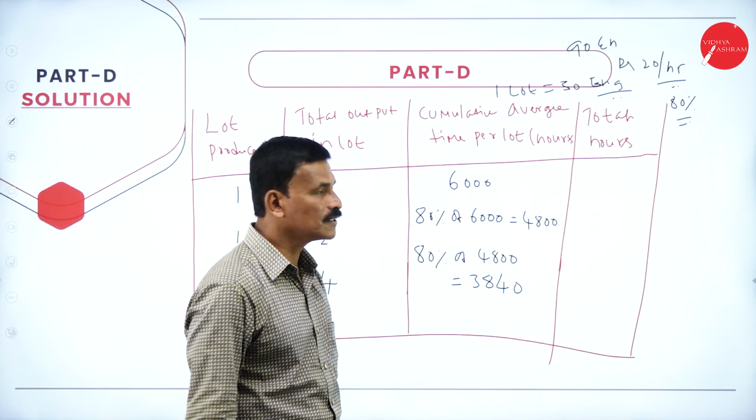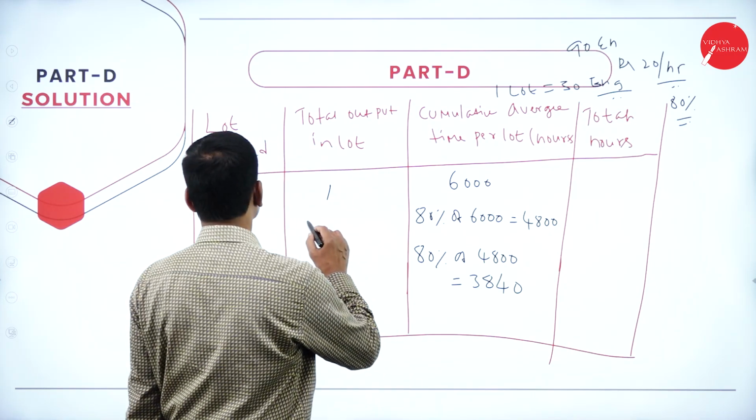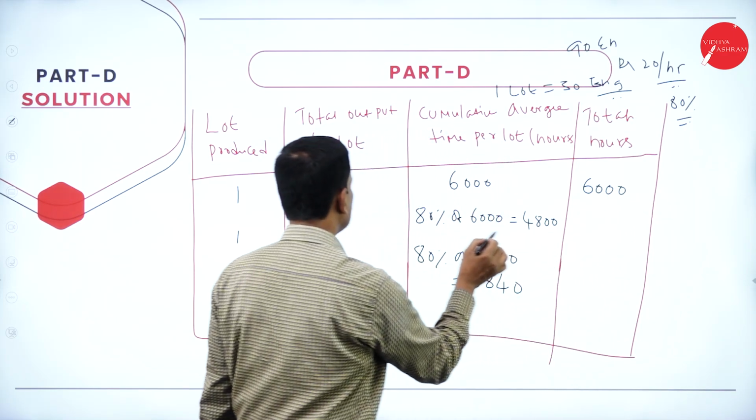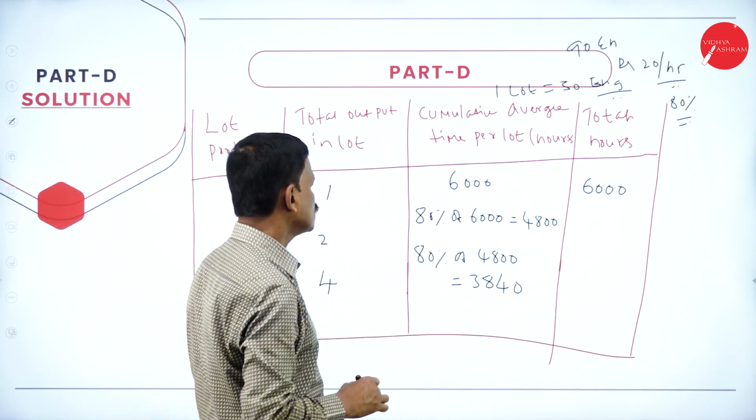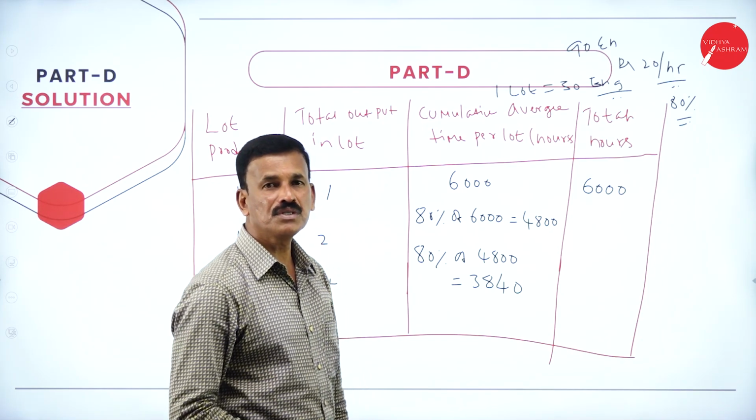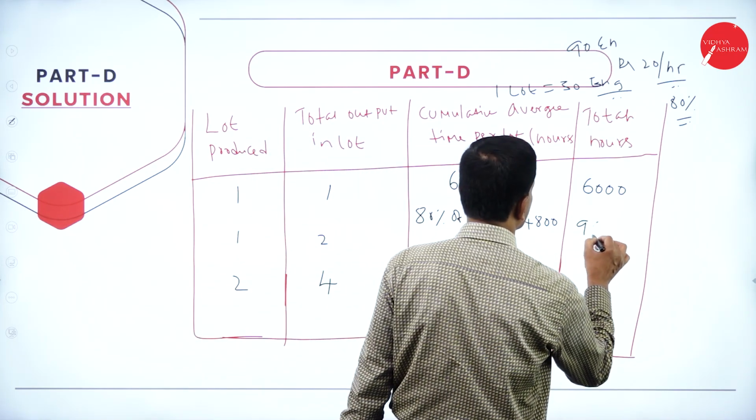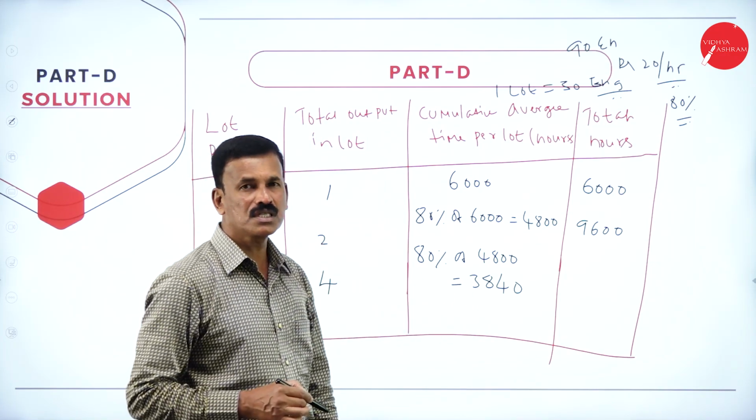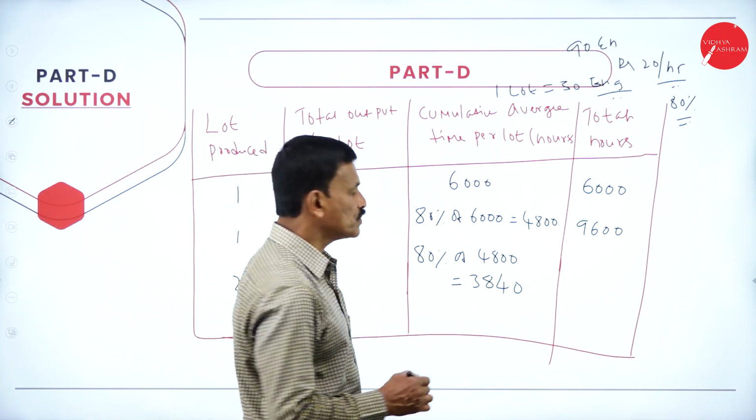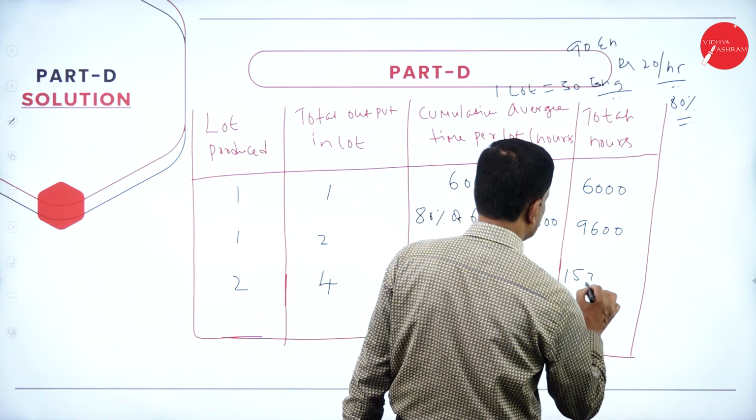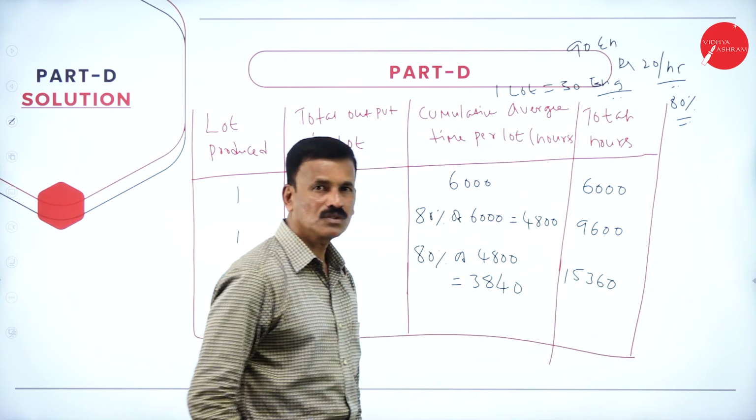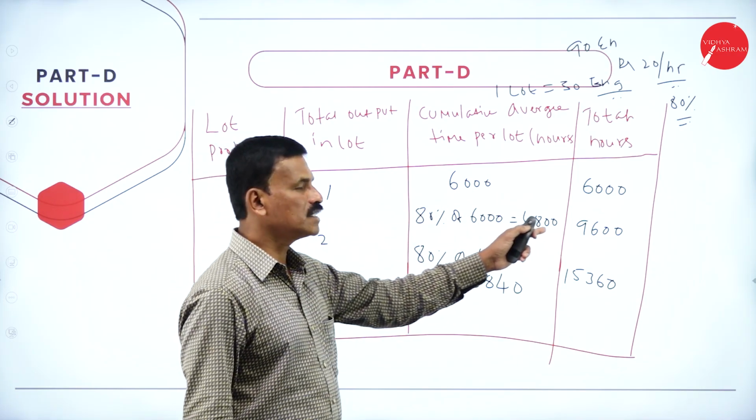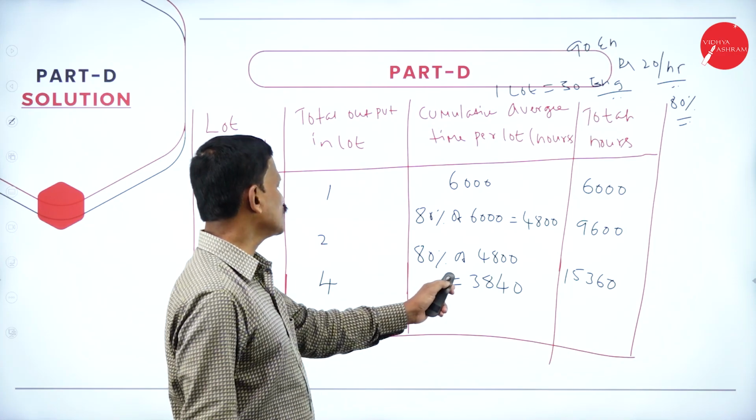Now what is the total? Now very simple, just multiply this. 1 into 6,000 is 6,000. Again 4,800 into 2, 48 into 2 is 96, so 9,600 hours. And last, 3,840 into 4 is 15,360. So 1 into 6,000 is 6,000. 2 into 4,800 is 9,600. 4 into 3,840 is